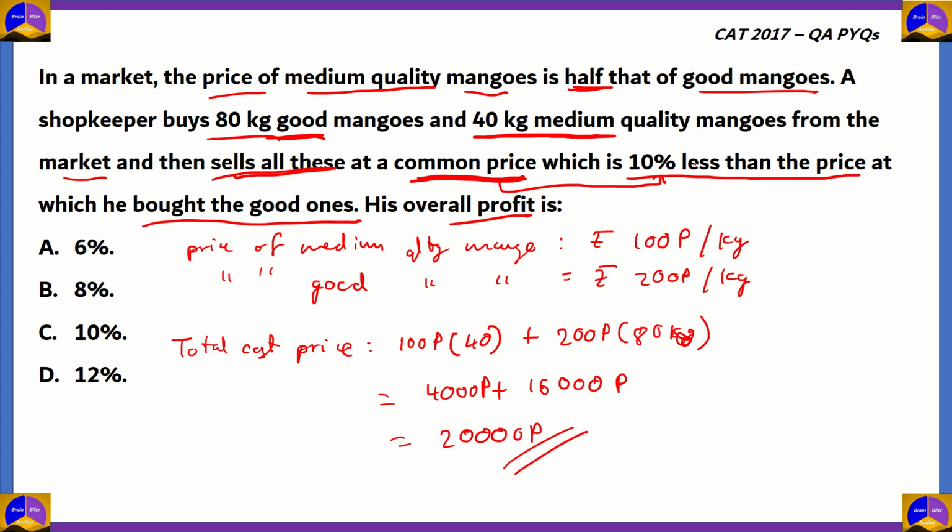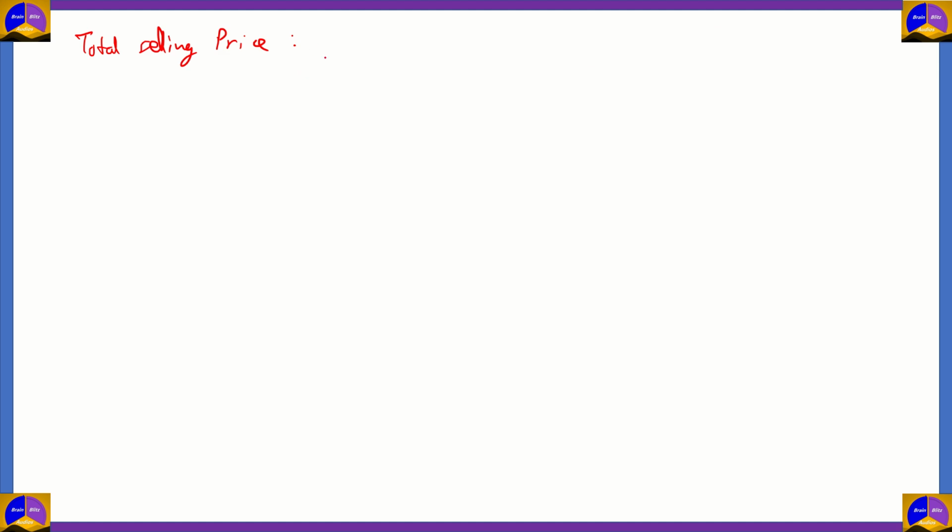Remember, the selling price for both these mangoes is 10% less than the cost price of the good quality mangoes. We know that the price of a good quality mango at which the shopkeeper buys is 200p per kg. So therefore, the total selling price would be 200 minus 10% of 200 multiplied by the total quantity of mangoes that he buys, which in this case would be 80 kilograms plus 40